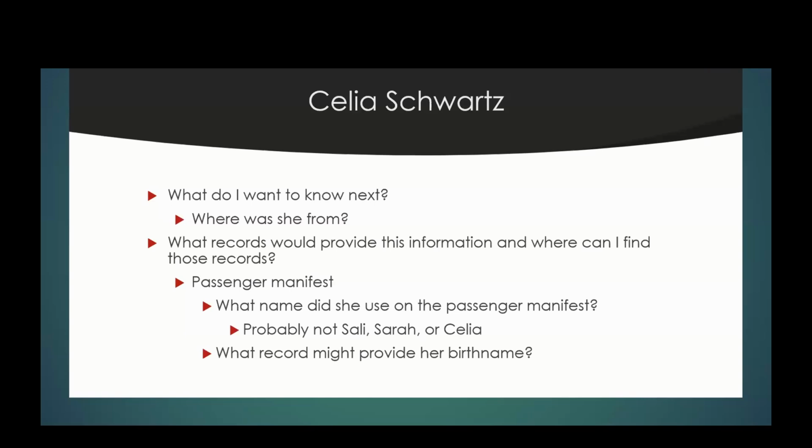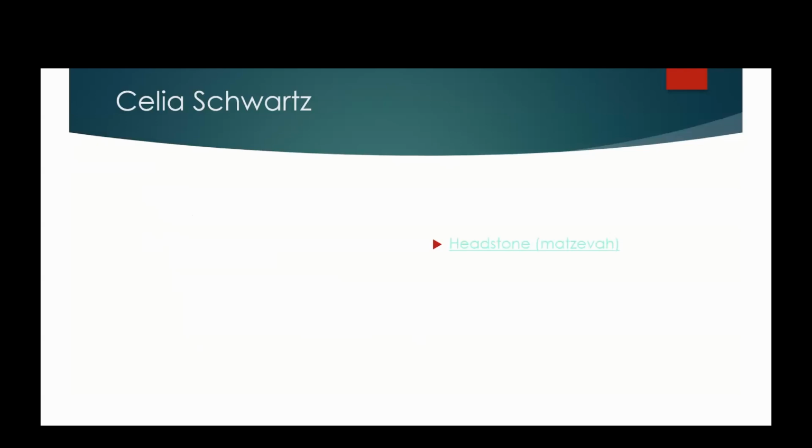We have her as Sally, Sarah, Celia in her US records, and none of those might be what she traveled under, because none of those might have been her name prior to her immigration. So now we're trying to figure out what record might actually provide her birth name, her first name when she was born. Well, Celia was Jewish, and the Jewish tradition for Ashkenazi Jews, Jews from this part of Europe, is